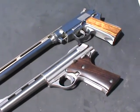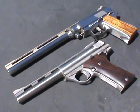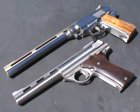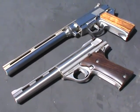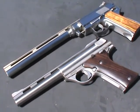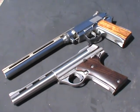Here, I'll put the Automag and the Wildey Survivor together for the classic shot of two obsolete pistols that are very hard to find. I almost think the Wildey pistol is harder to find, and they run even more money than the Automag will. The Wildey obviously is a bigger pistol,